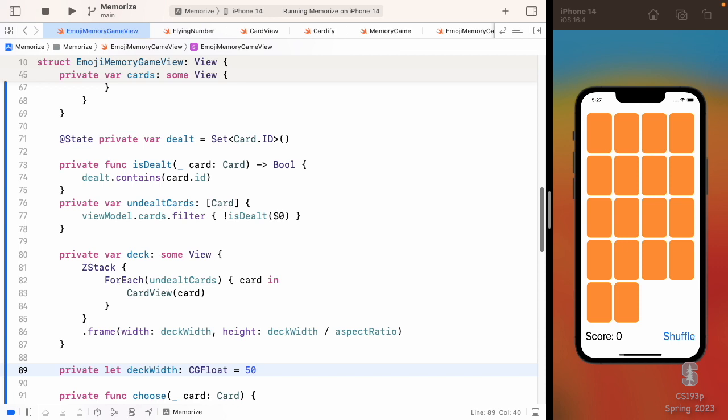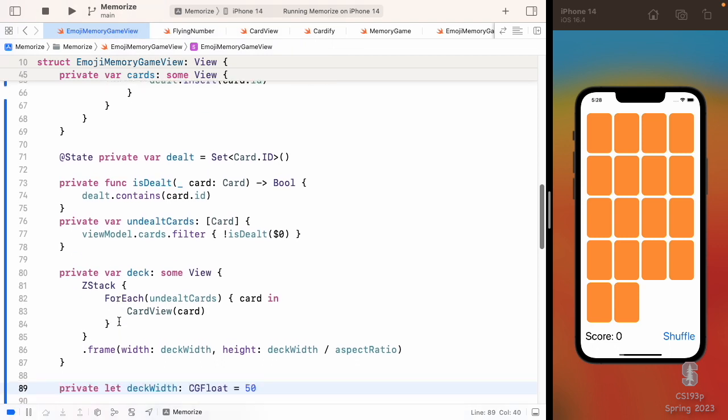I want the deck, I'm going to put it right here. I have a nice little open space to put it right here. Put it here, and I want it to fit in this space kind of nicely, even if my cards are huge, because I only have 4 pairs or something like that, or even if they're tiny, I want it to be here. If you find yourself doing this, frame, width, and height, really think, is that really what I want here? And I'm doing it in this demo mostly to show you it can be done, but you will have entire apps where you never do that. Never pick a specific height and width.